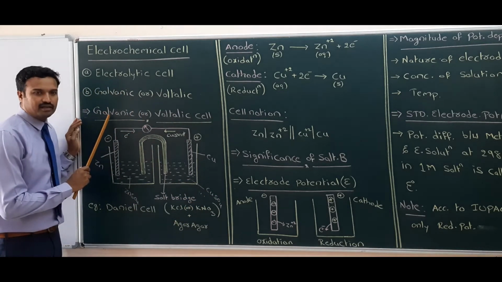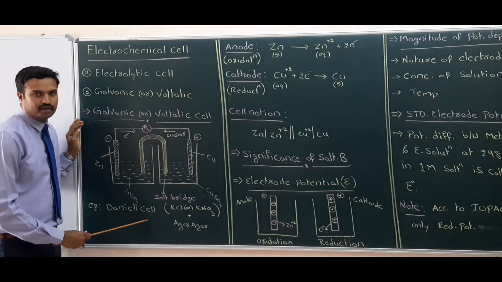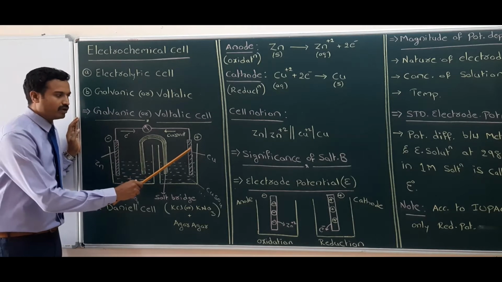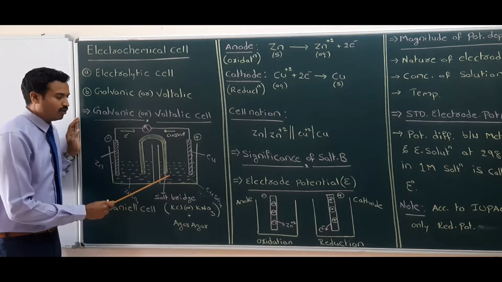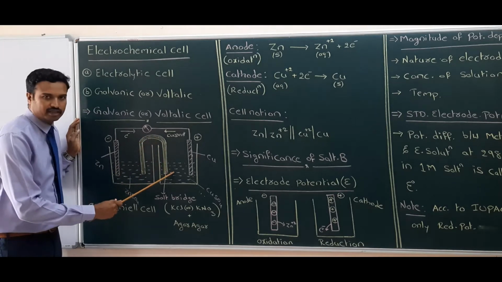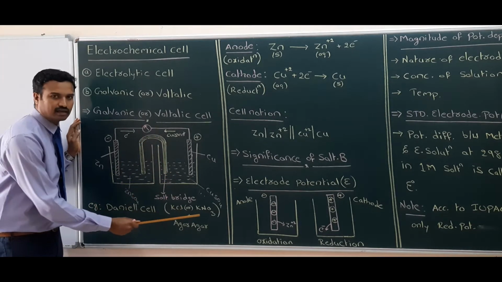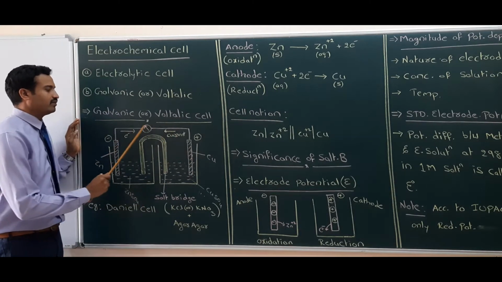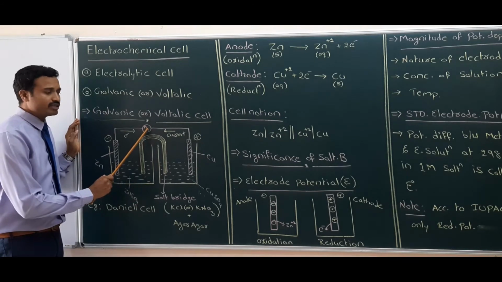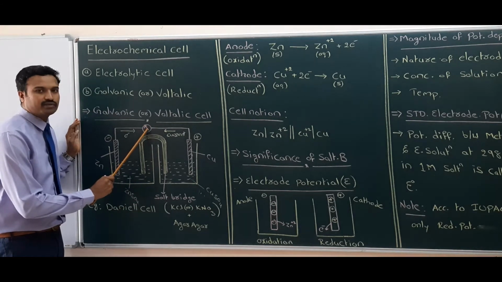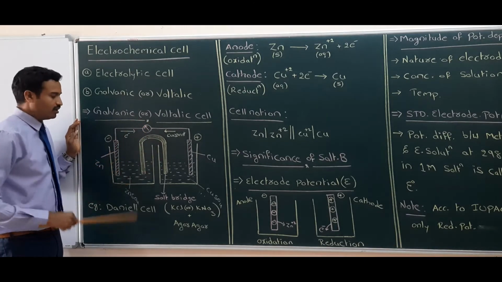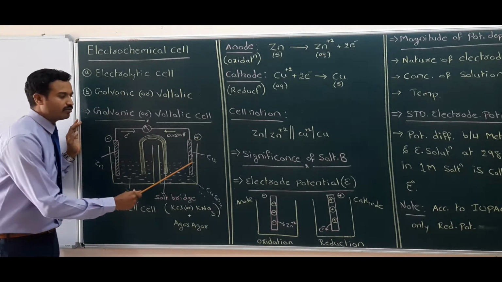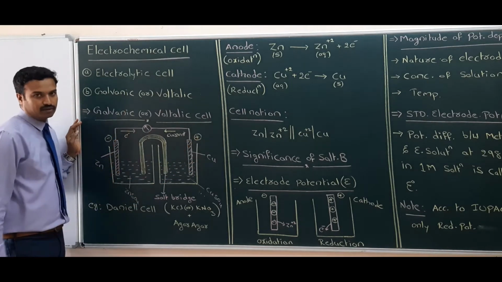Again, under the galvanic cell, we are discussing the Daniell cell. In the Daniell cell, the zinc rod is dipped in zinc sulfate solution, and the copper rod is dipped in copper sulfate solution. Both the solutions are connected with the salt bridge. The salt bridge is made up of KCl or KNO3 with agar-agar medium. Both the electrodes are connected with the voltmeter, to calculate the amount of current generated in the cell. The zinc rod in zinc sulfate solution acts as an anode, and the copper rod in copper sulfate solution acts as a cathode.